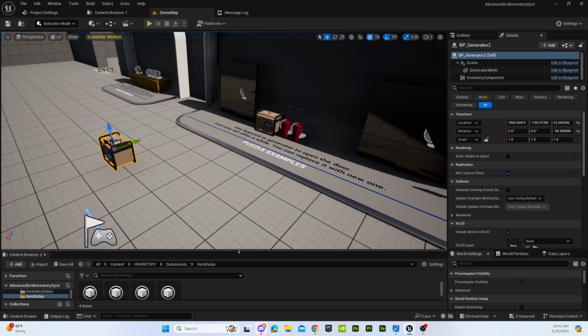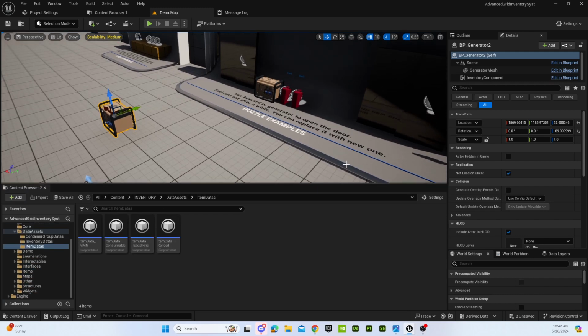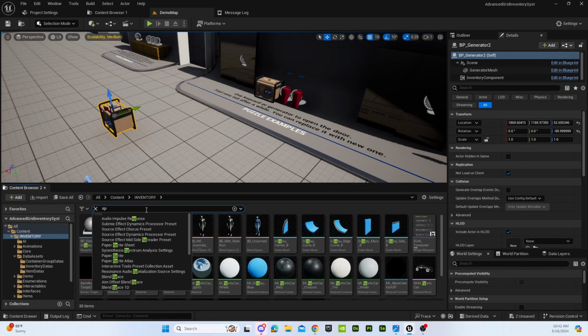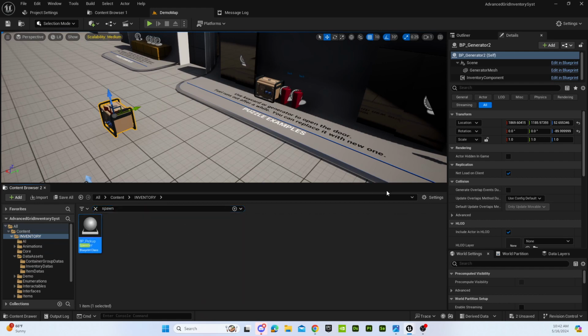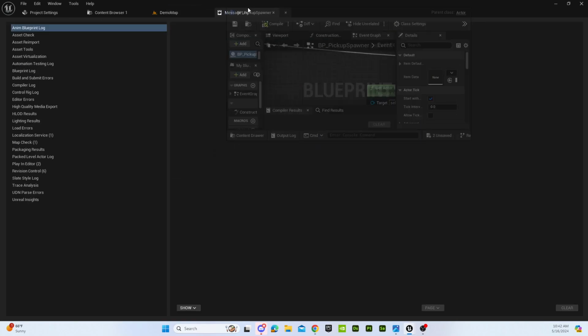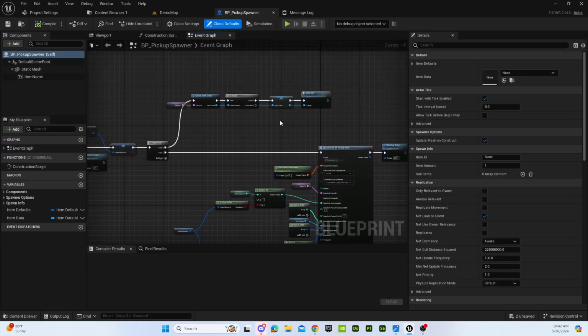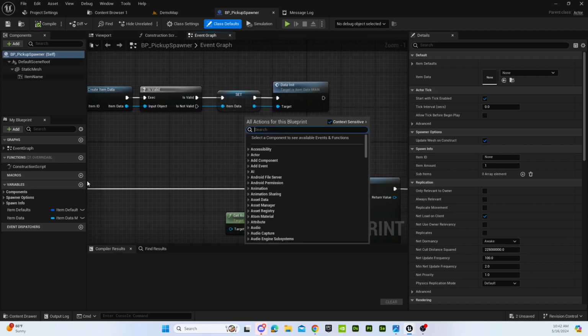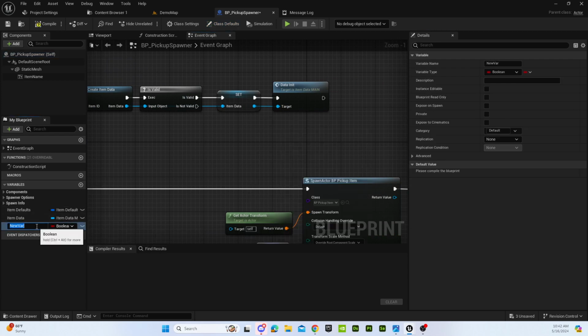So before we do anything else, we need to go into the spawner so that we can create a bool for adding the fuel. This probably doesn't need to be done right now, but we're going to do it anyways. So we're going to create a new bool for start full. I'm going to duplicate it for start empty,